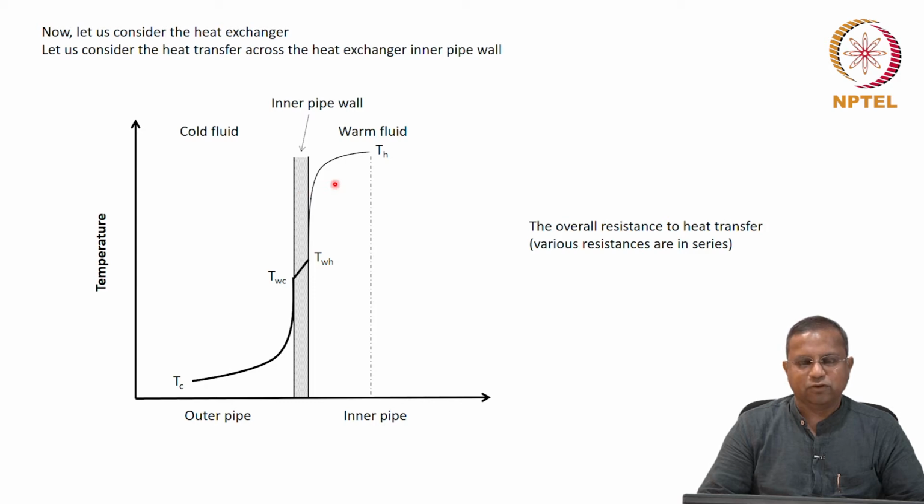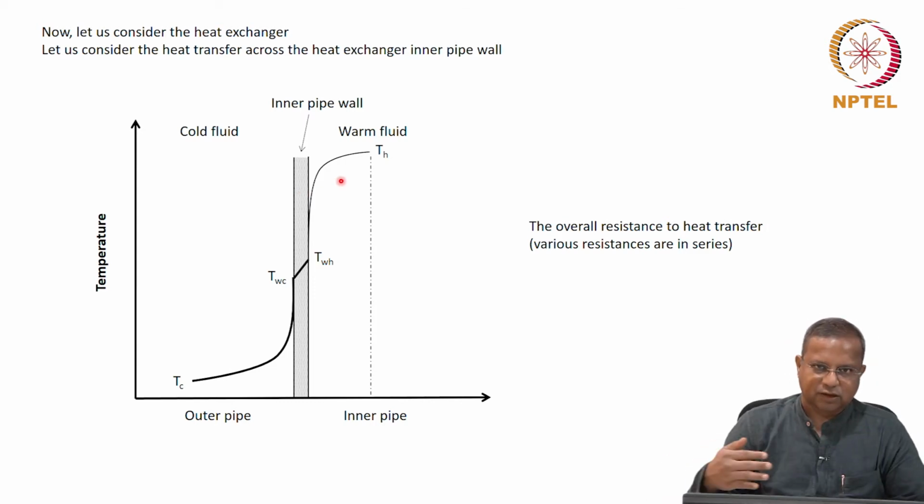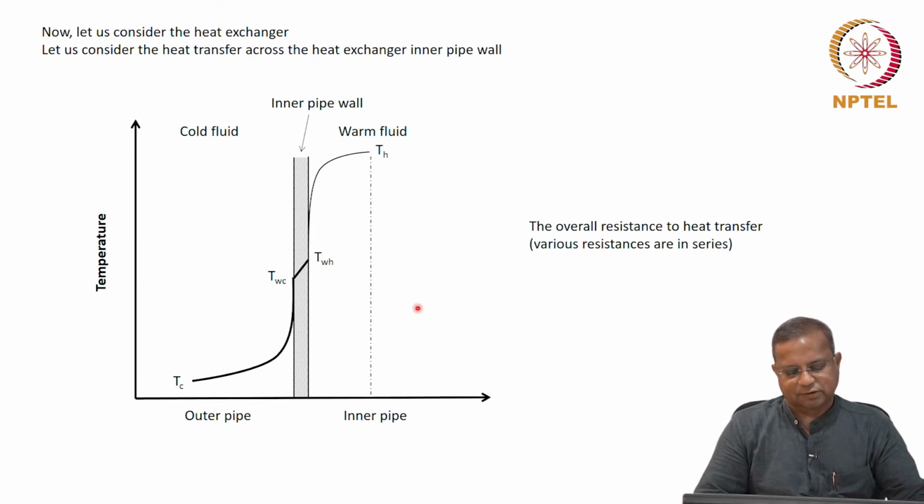So you can view the heat transfer as having to overcome some resistance at the film, resistance to conduct across this inner pipe wall, and maybe a small resistance here. We do not have to worry about the resistances in the bulk. Definitely there is this, there is this, there is this. Let us see how we are going to handle these aspects.